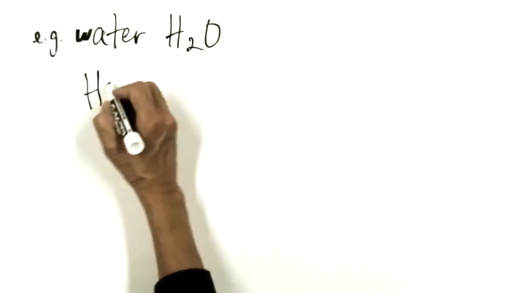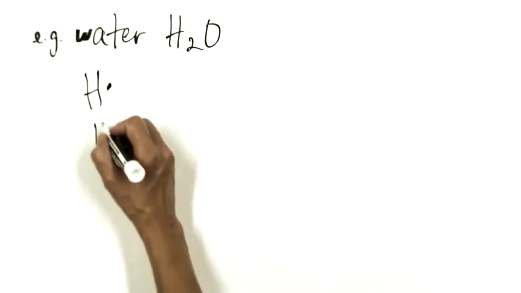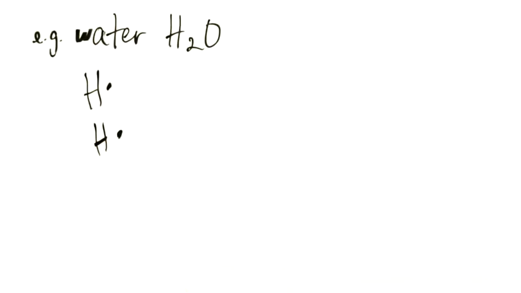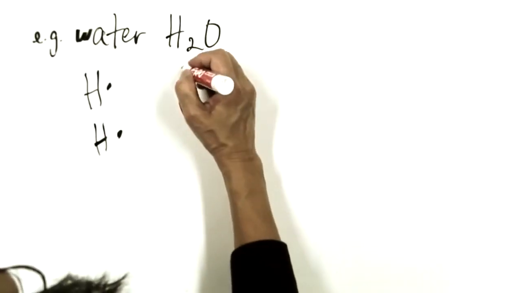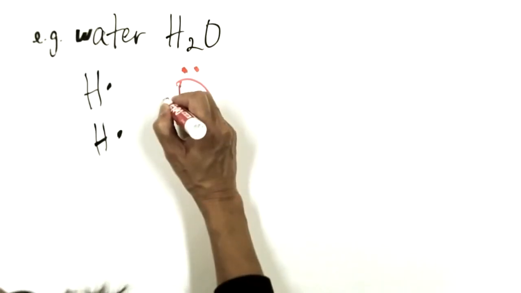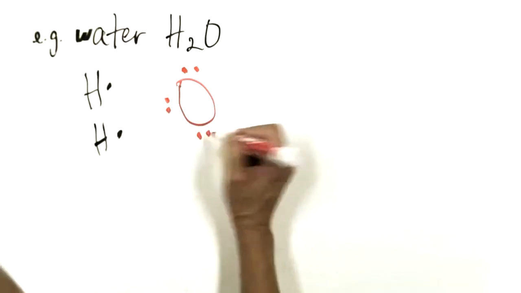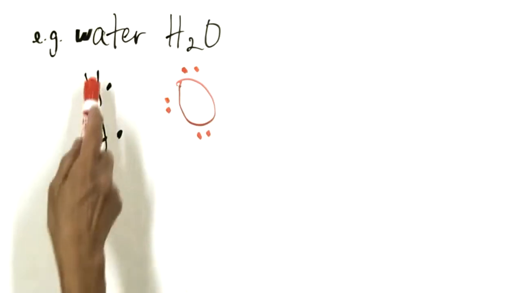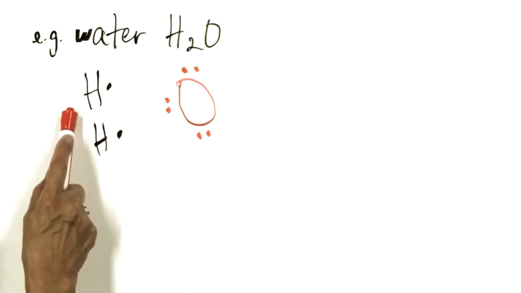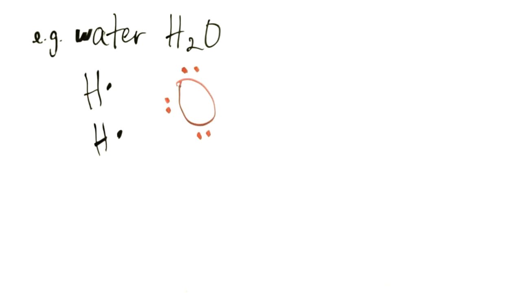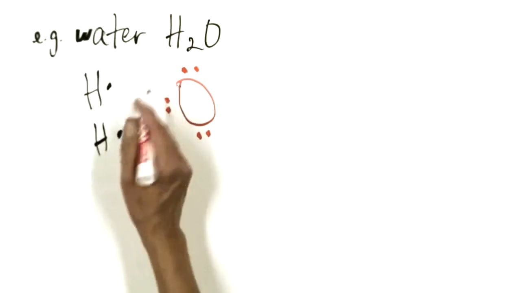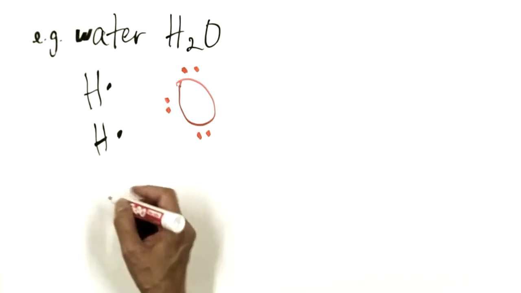So if you remember, we can draw your hydrogen atom this way. So you have 2 of them. And we can draw your oxygen atom this way. Remember, we said that each hydrogen atom needs 1 electron to become stable, and the oxygen atom needs 2 electrons to become stable. So what happens here is that this hydrogen